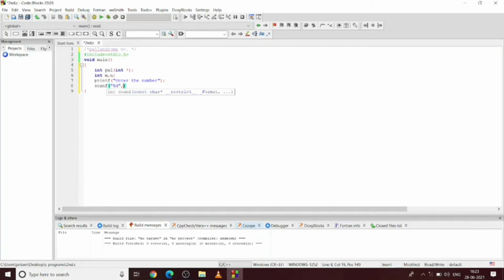So %d again for integer, %f for float, %c for a character value. n equals m, so that the m value is copied into n. If we use double equals, then it means comparison. So in the if statement I'm going to use double equals. Now printf, the number is a palindrome, else the number is not a palindrome.